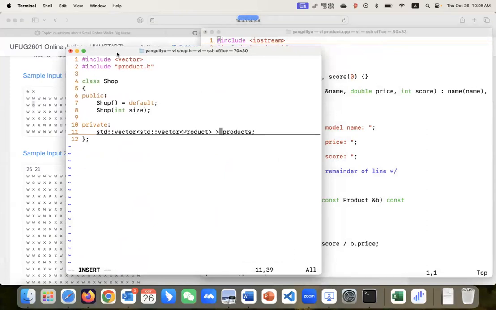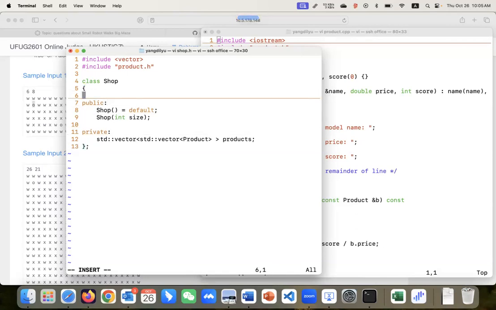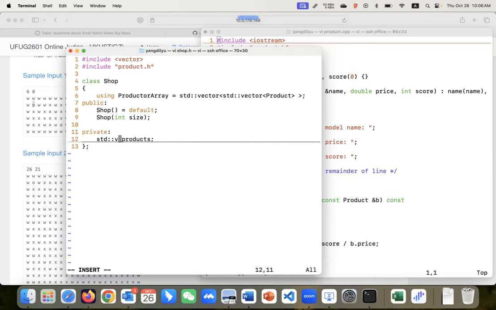For instance, if this one is such a complex one, what I would do will be similar to this, right? And I can declare some functions like